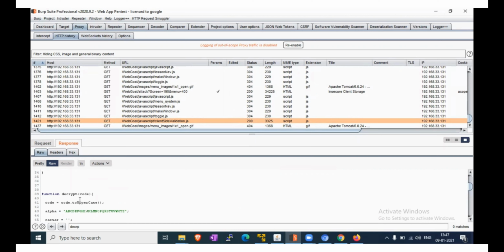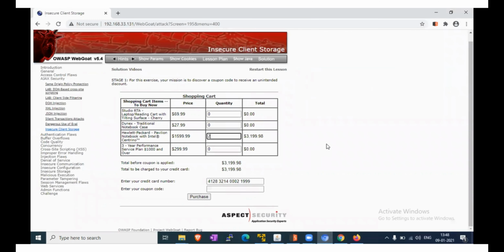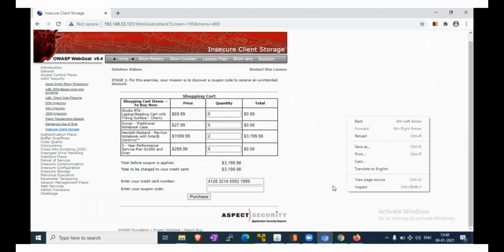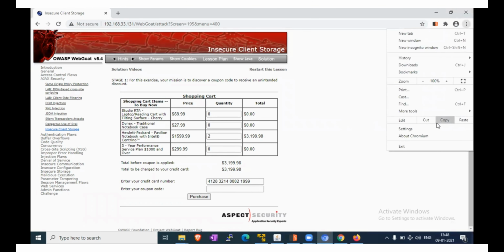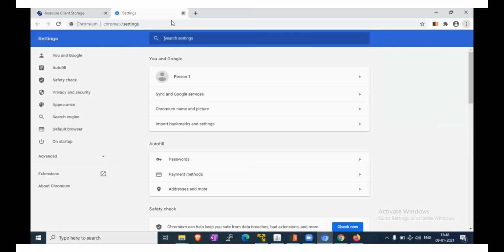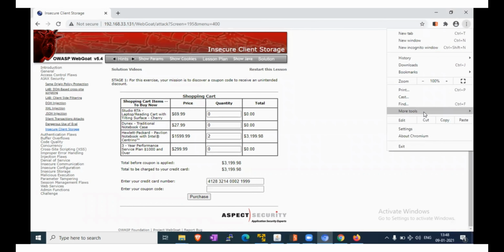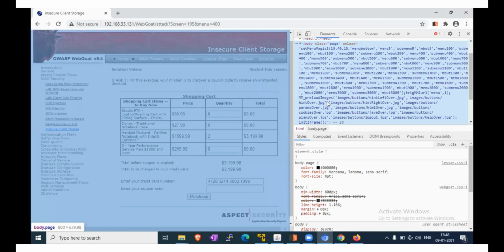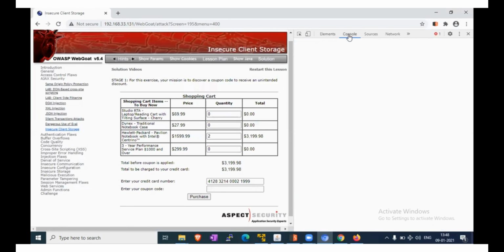Let's check in developer mode. F12, I think, or we can enable it through more tools, developer tools. Now we are checking the console.